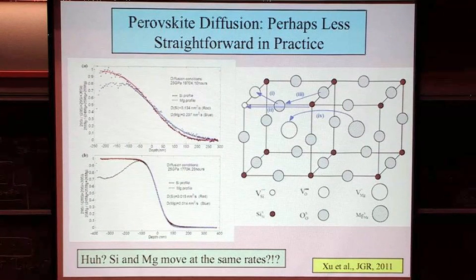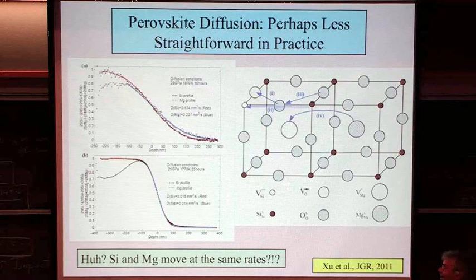Okay, so hydrogen is a mobile species. Everyone agrees on that. And the question would be, what would be the degree to which you could generate a coupled substitution of hydrogen with something else? And now that's not an isovalent substitution, which doesn't fully charge compensate for any of these diffusing species.